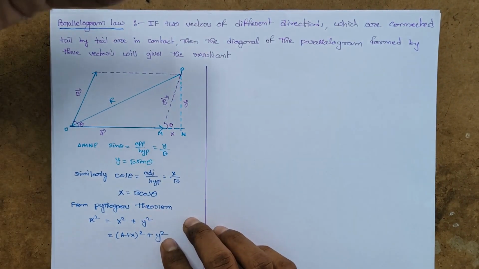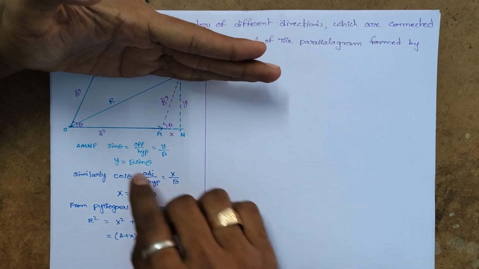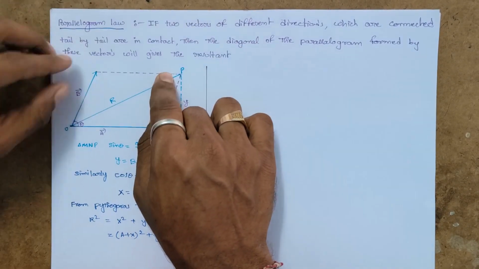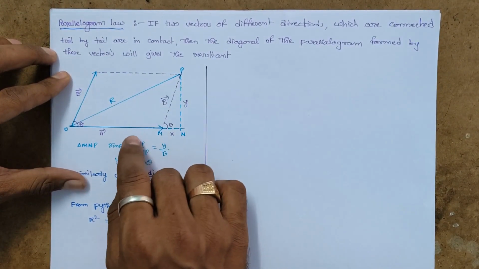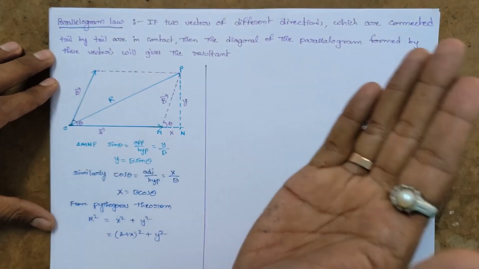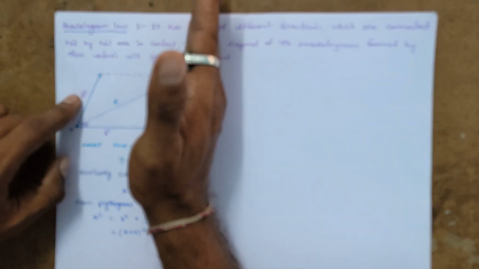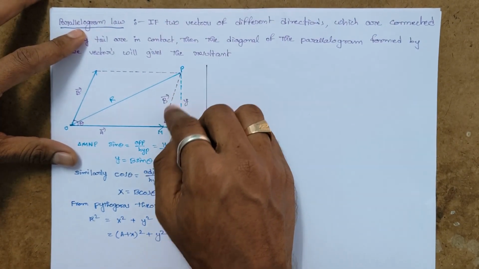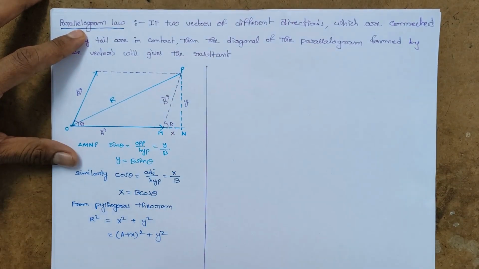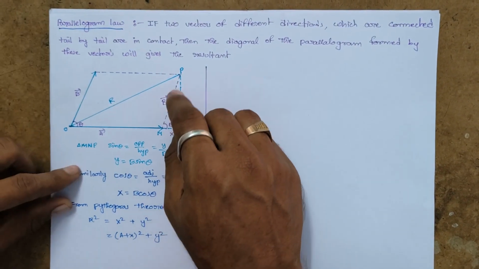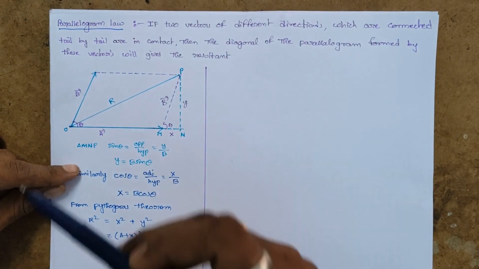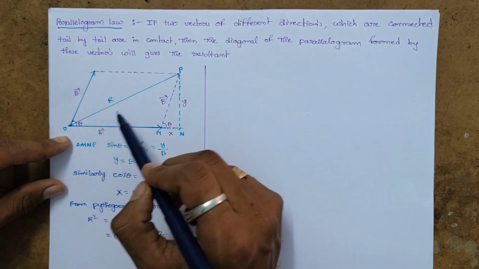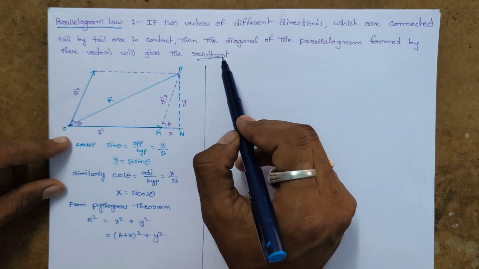Now take a mirror like this and place it opposite to the A vector, then definitely the image of this vector will form here, right? This imaginary line represents the image of the A vector. Again, if you place the same mirror opposite to the B vector, the image of the B vector will form here. This imaginary line is the B vector image. Now these two images coincide at point P. If we draw a line from the origin to that point, this diagonal line will give the resultant.